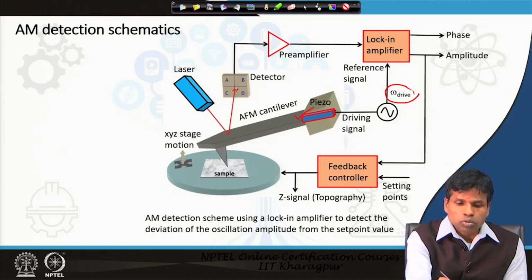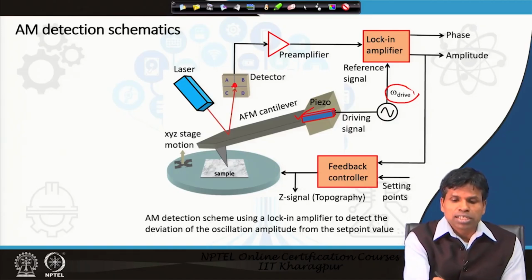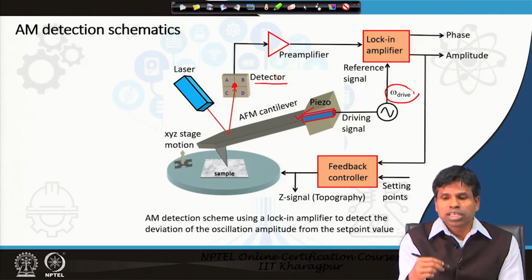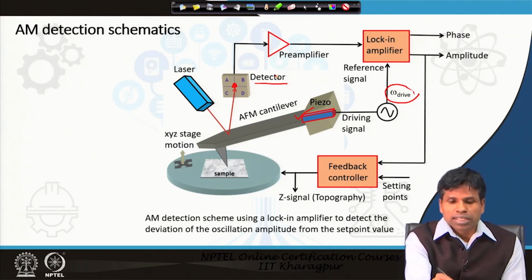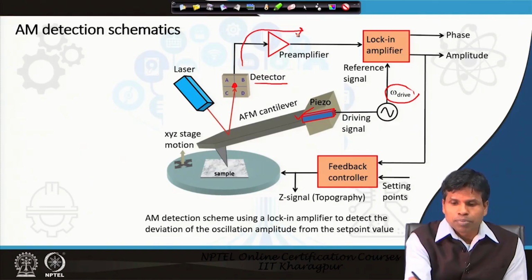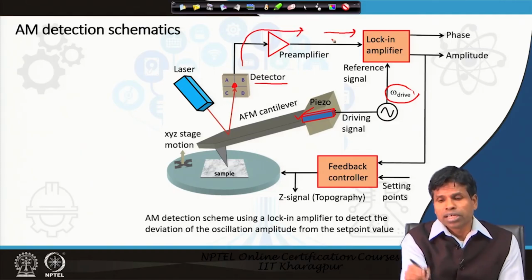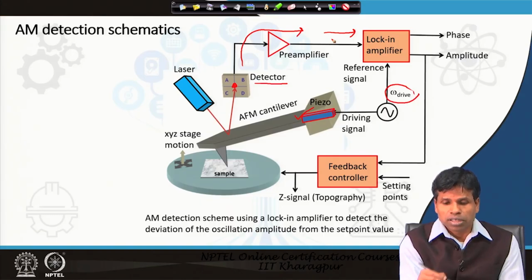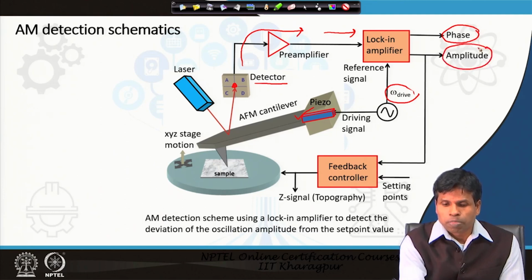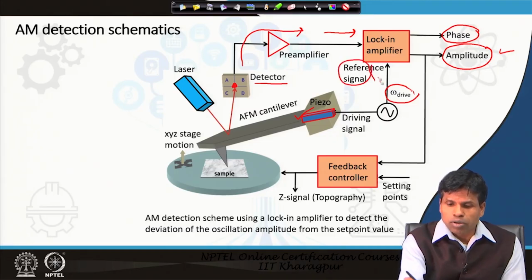We will measure the oscillation using the detector, and we will know how much amplitude and how much phase shift there is. That information will be given to a pre-amplifier and then a lock-in amplifier, and in the lock-in amplifier that information will be converted to a voltage signal. It will give both phase and resulting amplitude, and that is to be compared with the reference signal being given here,